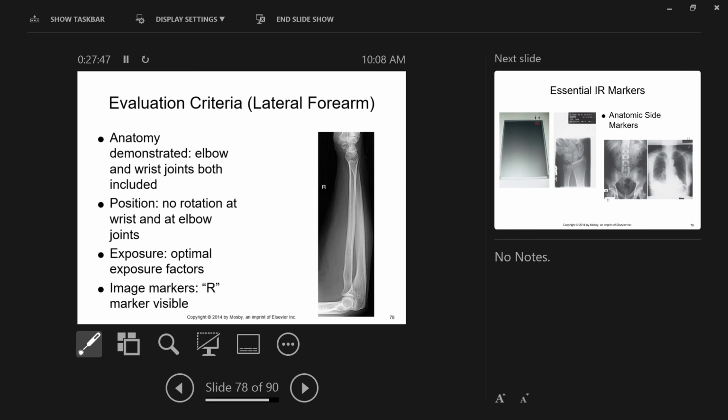Lastly, image markers, right? Telling us which side of the body it is. Is it a right or a left side of the body? Now this looks like a digital marker. We're going to try in all cases when we're able to use our hard markers that actually sit on the receptor with the patient's body part. Okay. So with that stuff said,